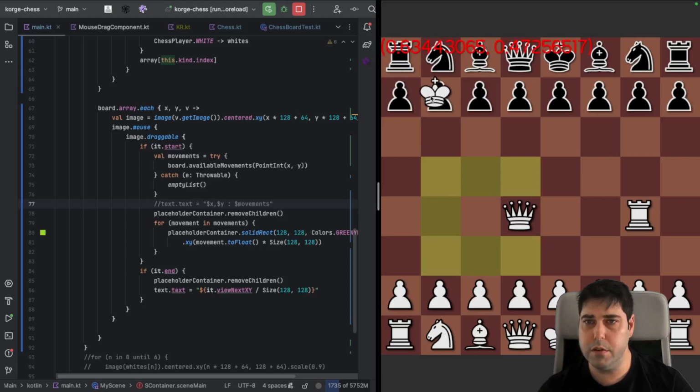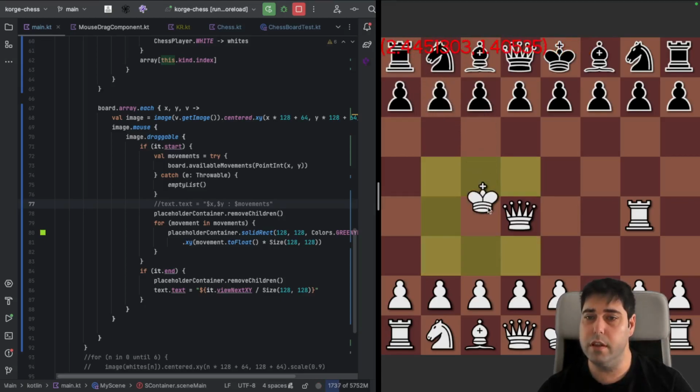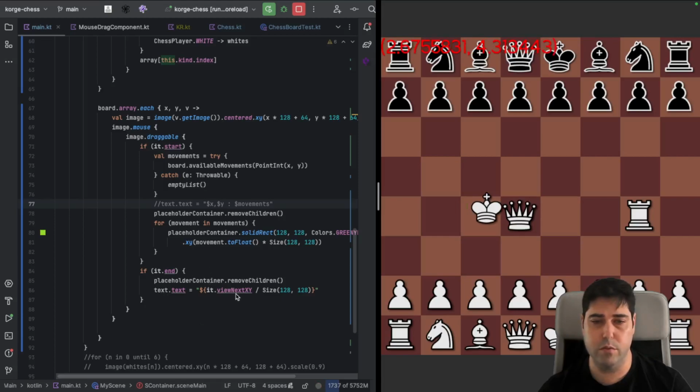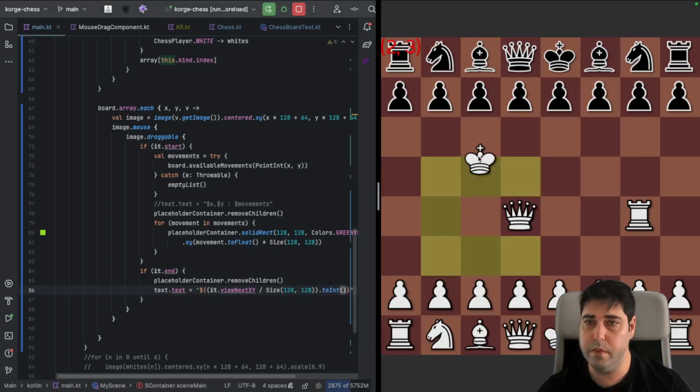So 0, 1, 2, okay, something like this. Then we have to make this an integer. 2, 3, 2, 4. Okay, then we have to figure out if this position